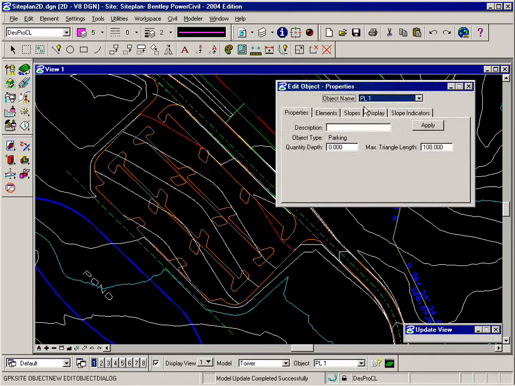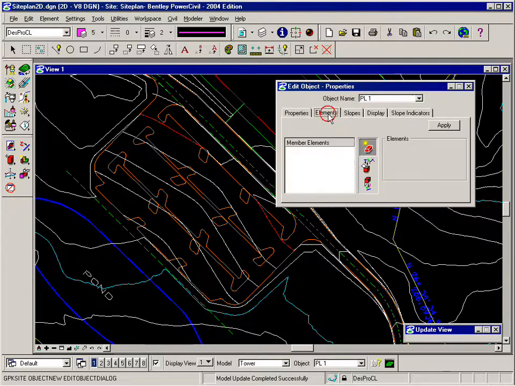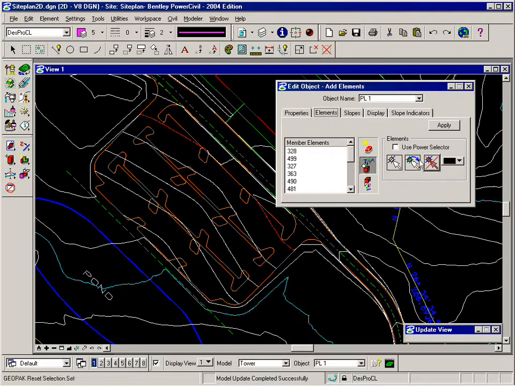The Edit Object tool allows us to check and change slopes coming off an object. We have a Slopes tab, change the display of that object, and add or remove elements, site elements from that object. And that's what we want to do. We want to add some elements to the object. So I'm going to click the Add Elements to Object icon, set a highlight color,